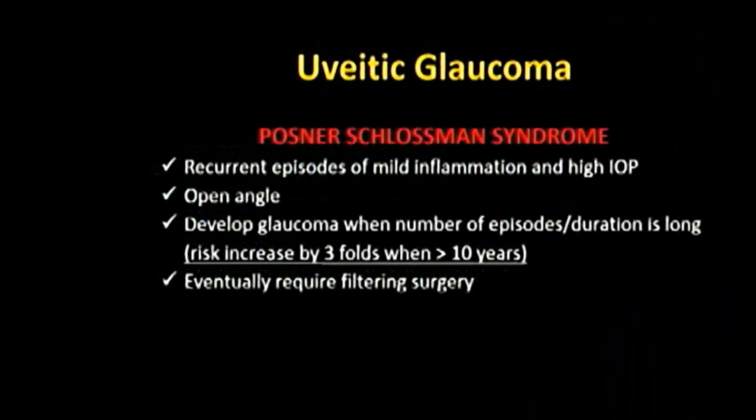In Posner-Schlossman syndrome, there will be recurrent episodes of mild inflammation and high IOP with an open angle, and the development of glaucoma will increase when the number of episodes or the duration of the episodes is long. The risk will increase by 3-fold when the duration of the disease is more than 10 years,